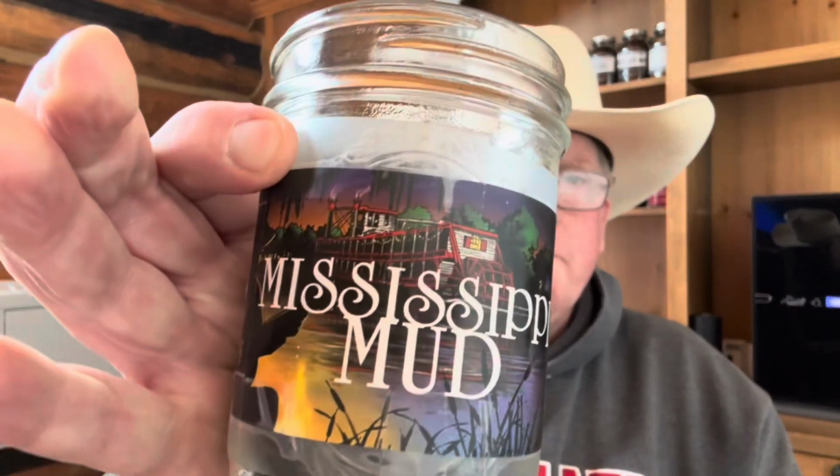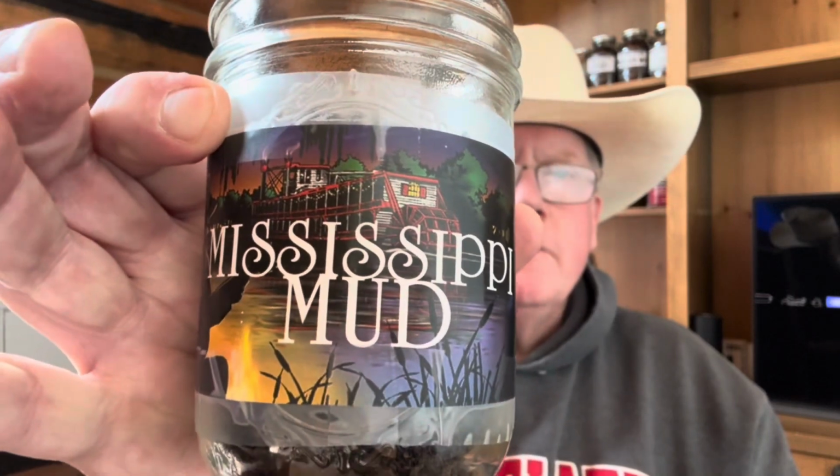Guys, I'm smoking the Wyoming Meerschaum as always. Something a little different. I haven't smoked this too much. Mississippi Mud. I don't hear too many people talk about it. It seems to be almost an unknown blend, but it's one of my early favorites. It's one of my OG blends. I probably bought this, it's probably my third or fourth tobacco buy